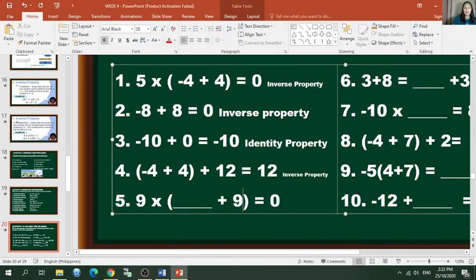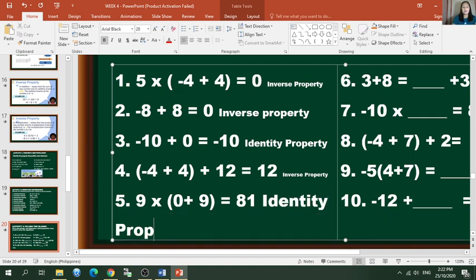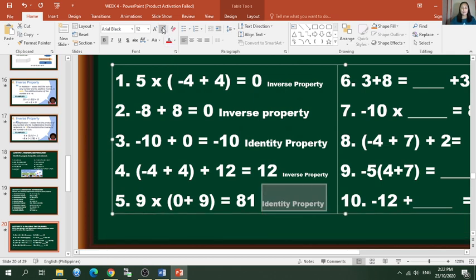No, let's make it 9. Okay? So, this will be 81, for example. So, what number should be added in here so that if you will multiply it by 9, it becomes 81. And that is 0. So, 0 plus 9 is 9 times 9 is 81. And that is identity property. Okay, next, let's move on to item number